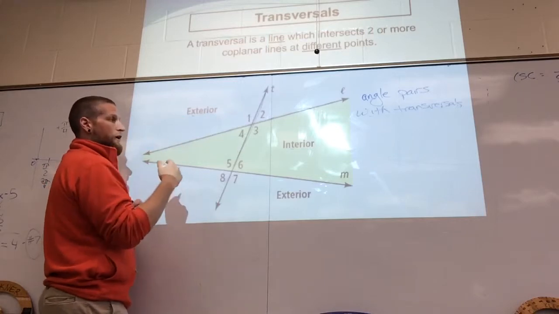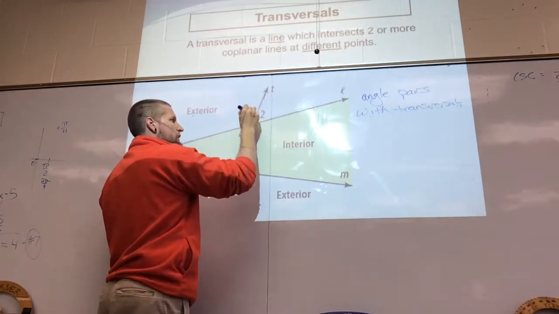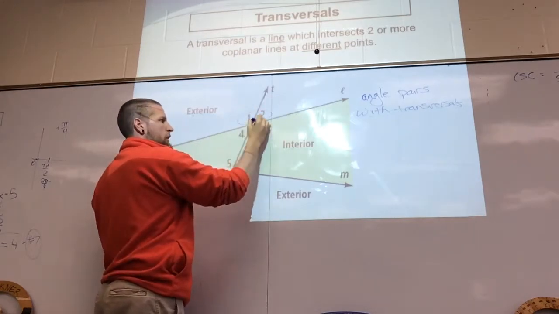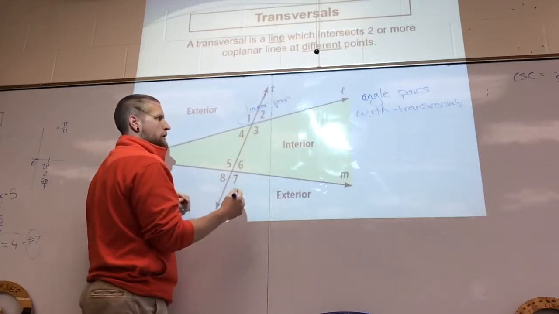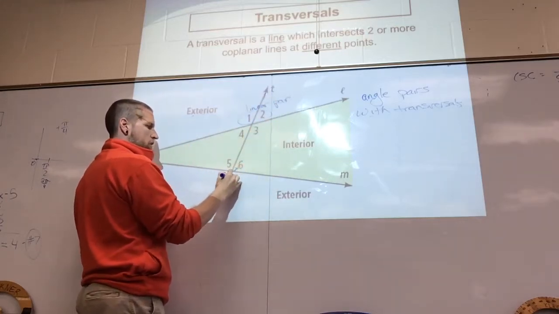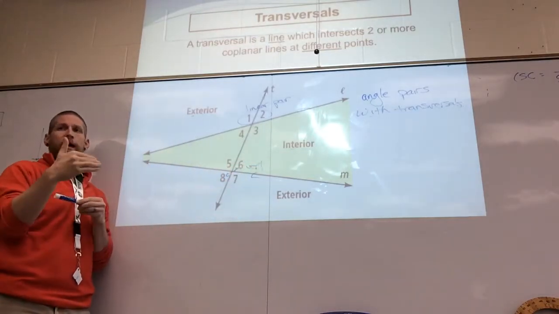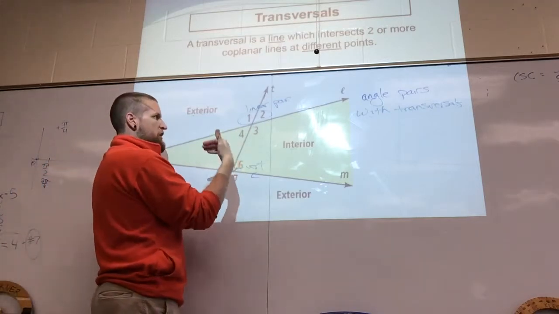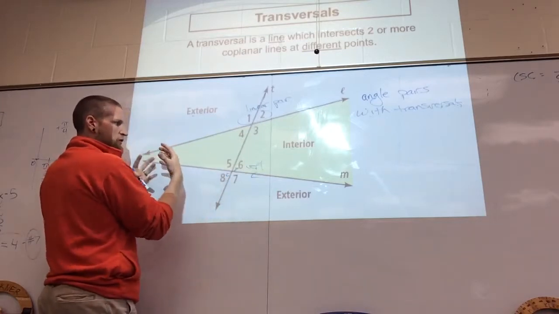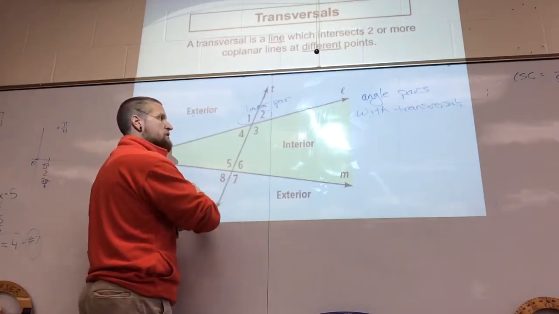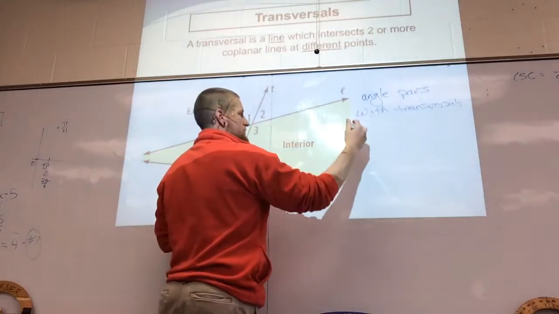All the words we've already had, they don't magically go away because we're dealing with something else. Like these 2 angles right there, 1 and 2, that is still a linear pair. 6 and 8, those are still vertical angles. Okay, we're just adding stuff on top of that. You still need to use all the properties we already did. Everything that we do just kind of builds on that. So everything we've covered in the past is still going to be utilized, and it's still going to apply to what we're doing. Now, with these, there are going to be